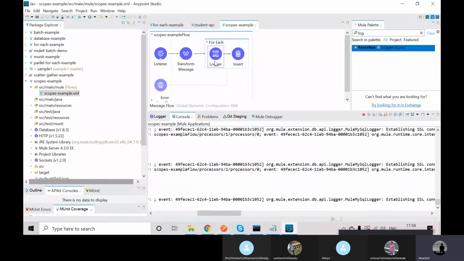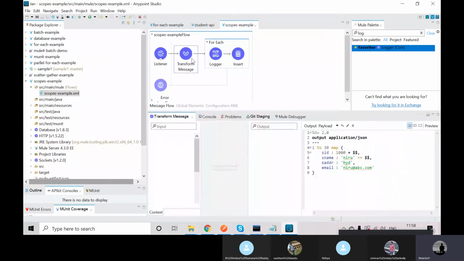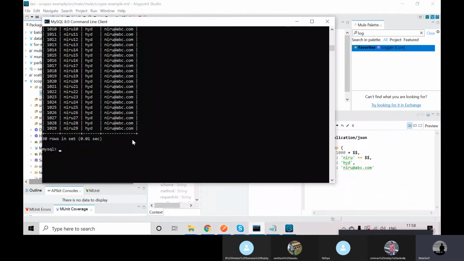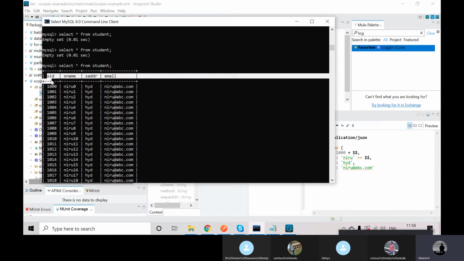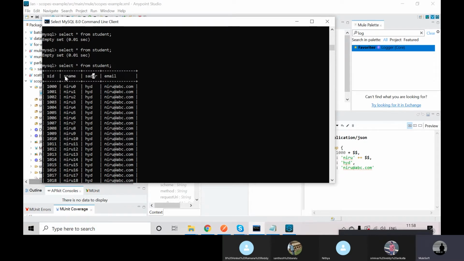Now what will happen? I'll write some condition here. What is that condition? This database allows only integer values for the SIDs. If you pass any string values like ABC or XYZ, it will throw an error. Why? Because this is the int type, and these three fields are the varchar, nothing but string type.